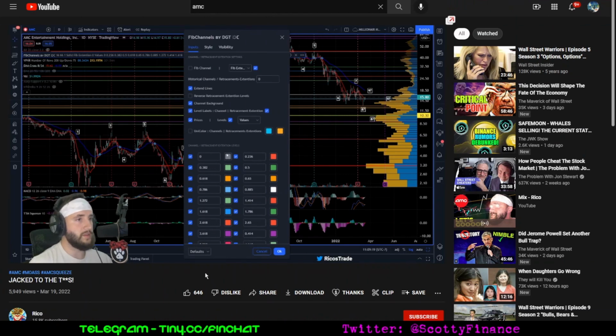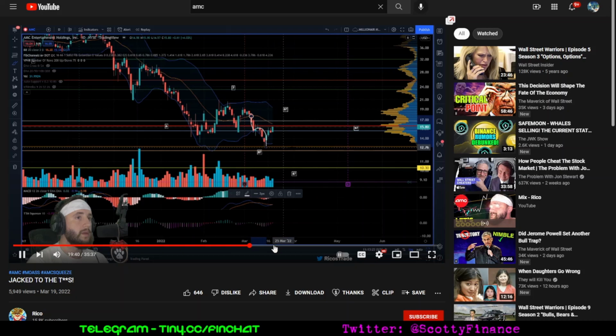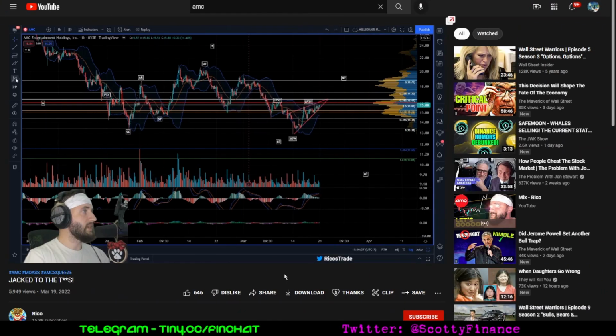So zero's gray. The red one would be the 236. So that's the 236. And then you have this little to the golden pocket here. Okay, so we're going to take a sine wave. I can never find it. We're going to take it from the automatic